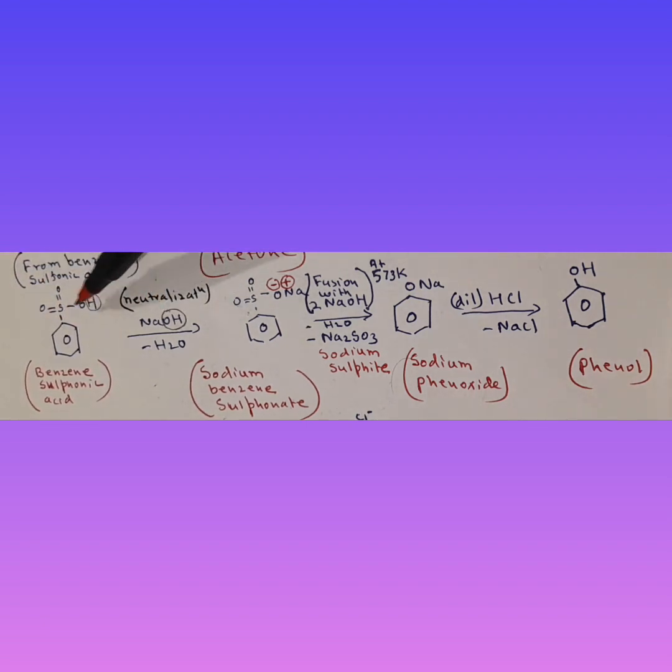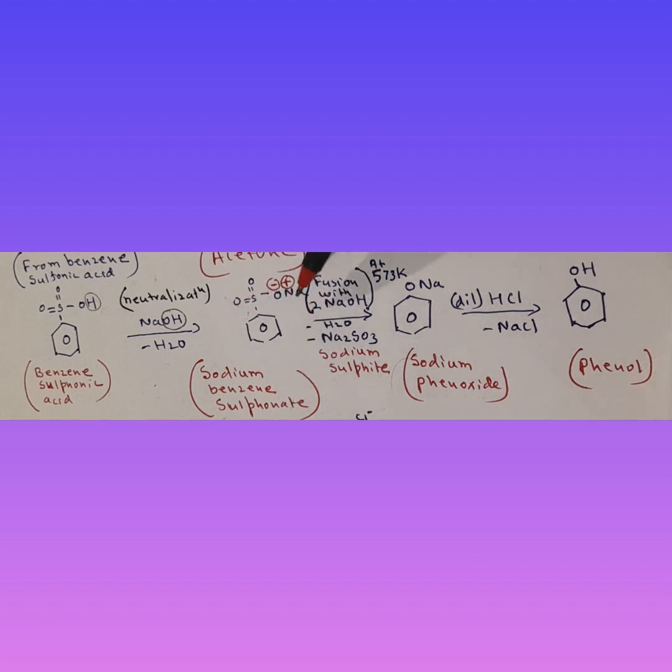Now let's again synthesize phenol from benzene sulfonic acid. Sulfonic acid structure: S double bond O, S double bond O, OH. And then here, instead of H, we have benzene attached to it. Alright, so benzene sulfonic acid. This on neutralization with, this is the acid part, right? On neutralization with sodium hydroxide, this and this would form water, and sodium would get attached here. So minus water, and what we end up with is